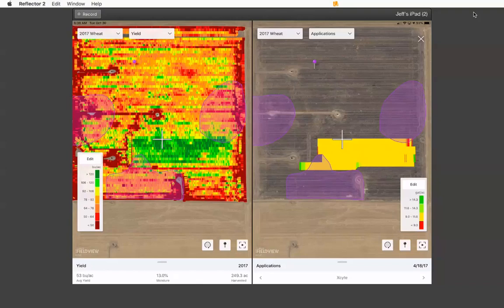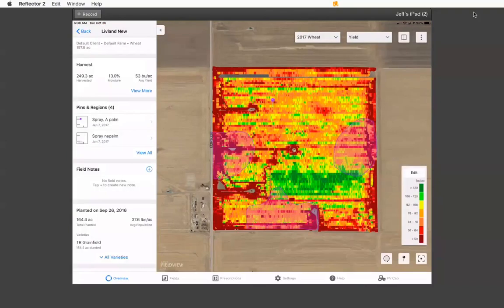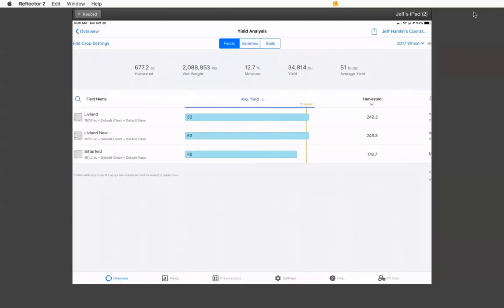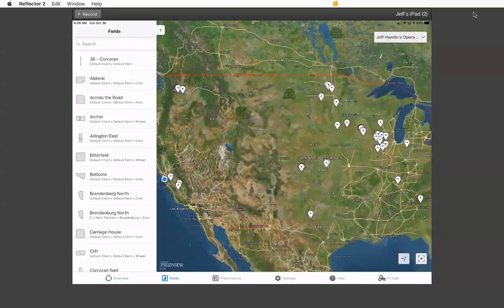Data doesn't die in the cab. It actually goes to a place that you can use it. So hopefully that's pretty clear. Let me show you one other example. I know I'm going to start running out of time here, but let me just show one other example while I'm here. If I go to fields,